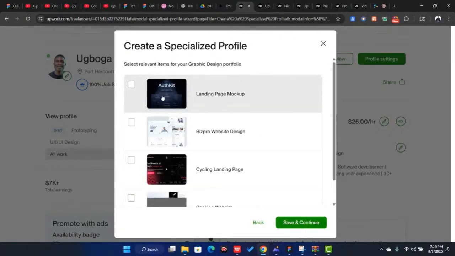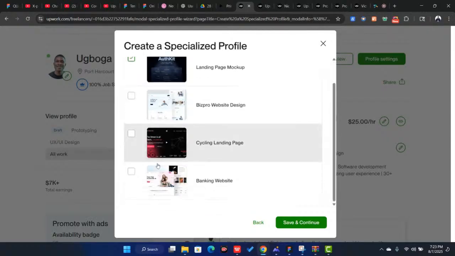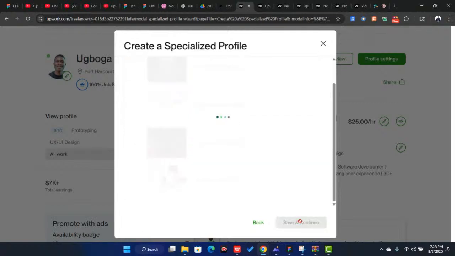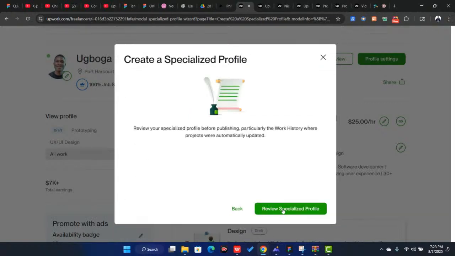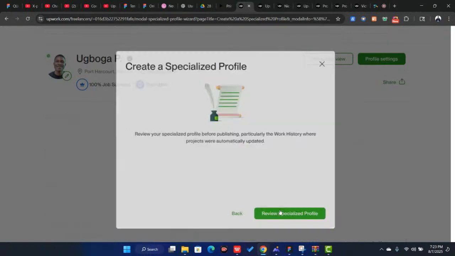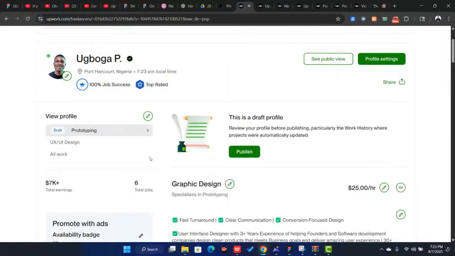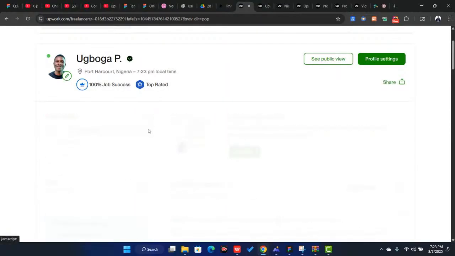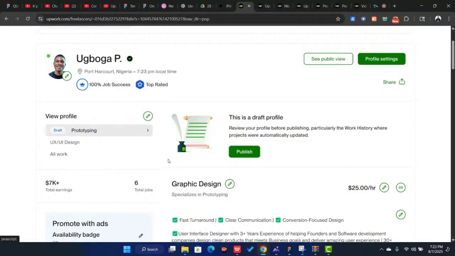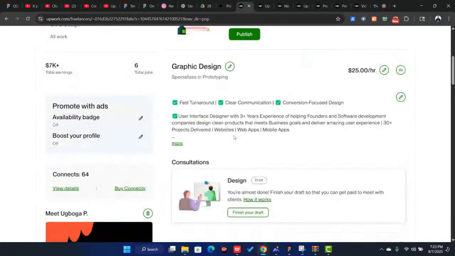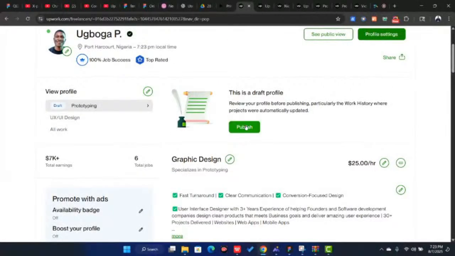So it will ask you to select your portfolio. If you have already uploaded your portfolio, let me just select one. Save and continue. Then review. Okay, I've not published. This is it. So if I publish this now,